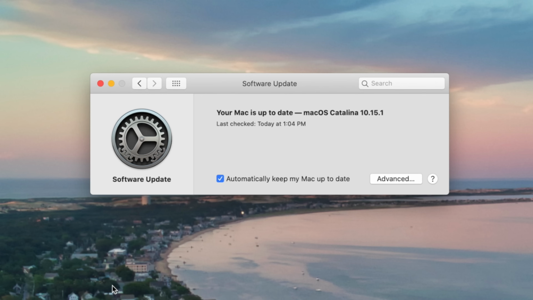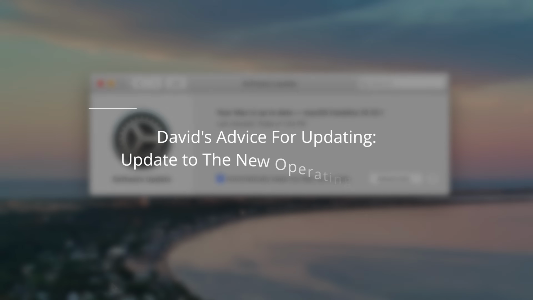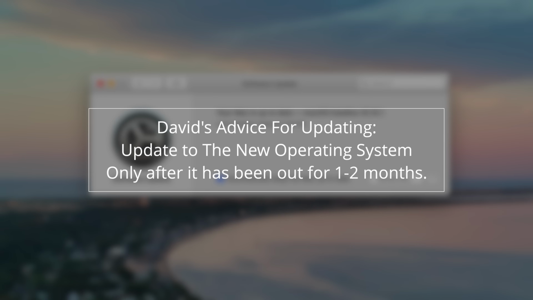So, for example, when it went from Mac OS Mojave to Mac OS Catalina. While I know it can be tempting to download a new operating system the day it comes out, the reality is that many times there are bugs that need to be worked out, and that takes time. So my rule of thumb is to usually try to wait 2 months after a new operating system has been